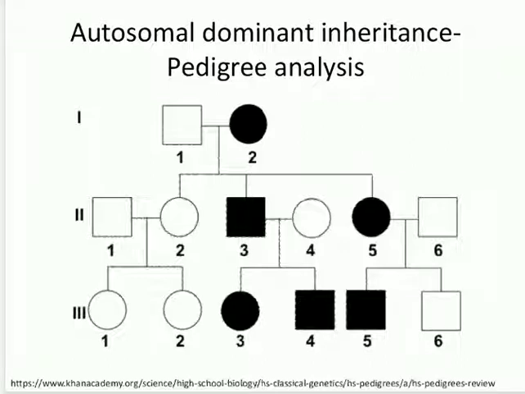Okay, so you can see that in the first generation there is one affected male. In the second generation there is one affected male, one affected female, and one unaffected female. So that means in the female, 50% is unaffected and 50% is affected. Okay. Then both males and females are equally affected. In second generation you can see that the chances of males and females getting affected is 50-50. The trait appears in every generation without skipping. Okay, normal children of an affected person, they don't transmit the disease.